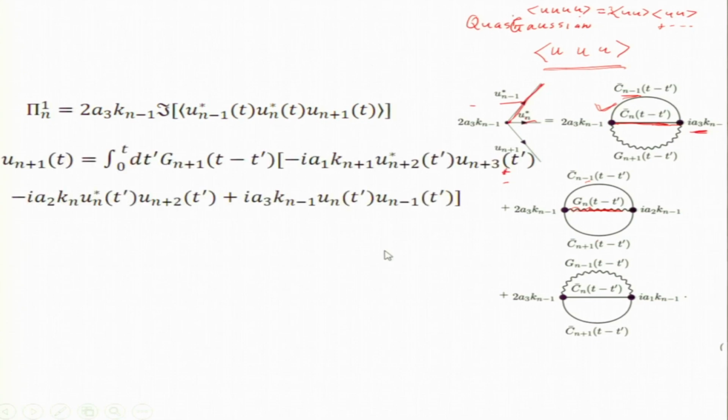Okay. First term, and these are the expressions. So, this is one of the terms I am looking at. There are 3 more Feynman diagrams for the second term. Flux has 2 terms, right, in the previous thing. So, first term I am doing this, but in that I am going to expand only n plus 1 using Green's function. So, n plus 1 is Green's function, this one, and the 3 terms, but out of these only this guy is giving non-zero value, right, because this one will connect with n, and n minus 1 will connect with that, and the prefactor will be i a 3 k n minus 1, which is here.